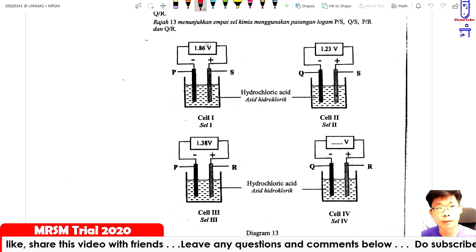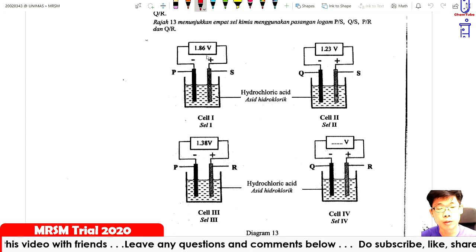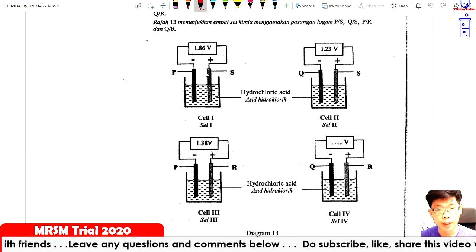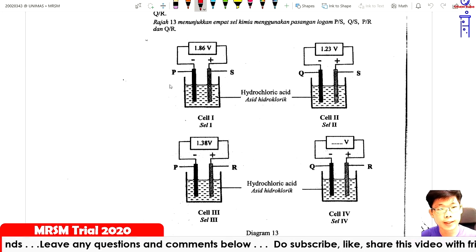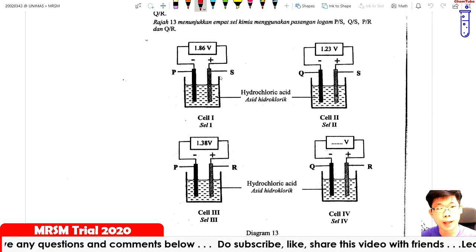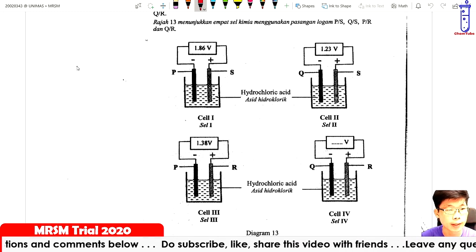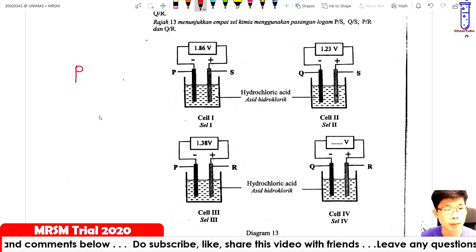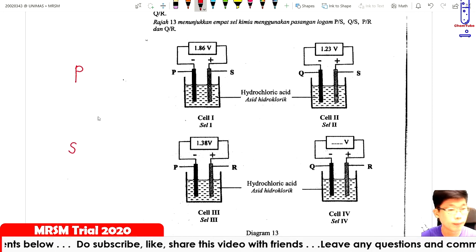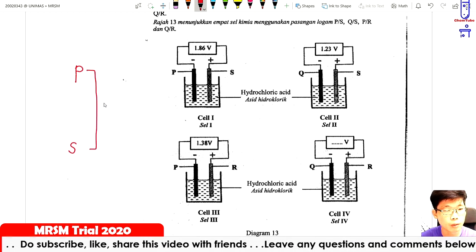If the voltage produced is bigger, it means the distance between the two metals in the electrochemical series is further. Now look at cell 1, P and S. P is negative, meaning P is higher in the electrochemical series. S is lower. So the distance is 1.86